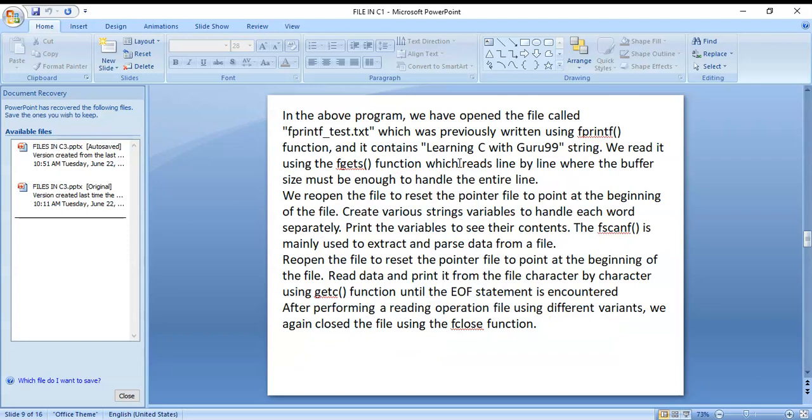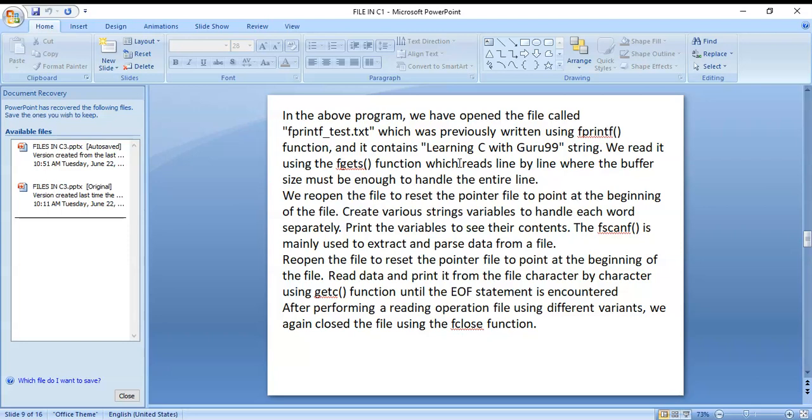In the above program, we have opened the file called fprintf_test.txt, which was previously written using the fprintf function, and it contains the string "Learning C with Guru 99". We read it using the fgets function, which reads line by line, where the buffer size must be enough to handle the entire line.